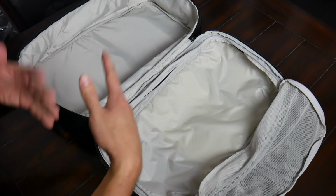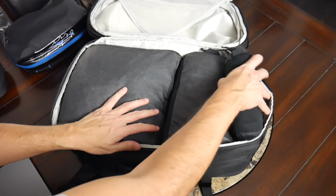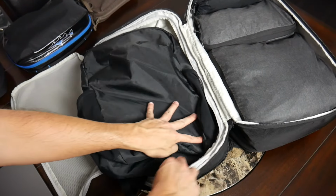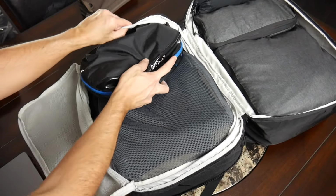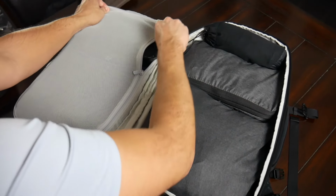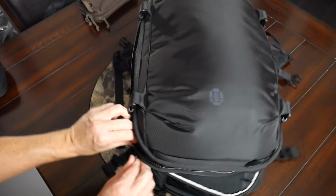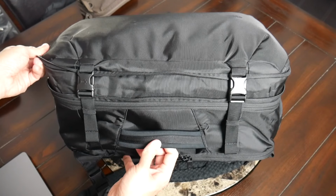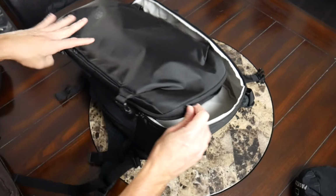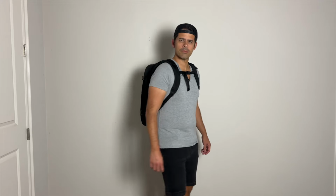You could definitely toss in extra packing cubes here, so I still have the same setup that I had before, but then another large packing cube, an extra pair of shoes than what I would typically carry with me. So having the expandability just gives me more flexibility when I'm on the road, which is nice, or if I'm traveling for a little bit longer. It can be really nice to have that extra space, and then I can take some of those items out when I arrive at my destination, compress the bag down,